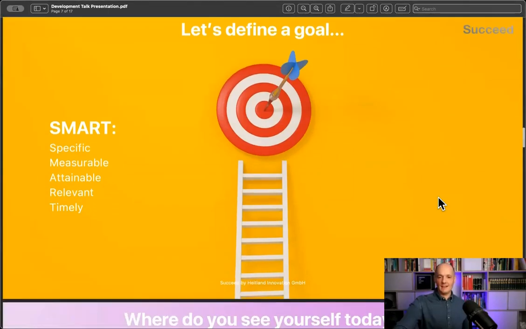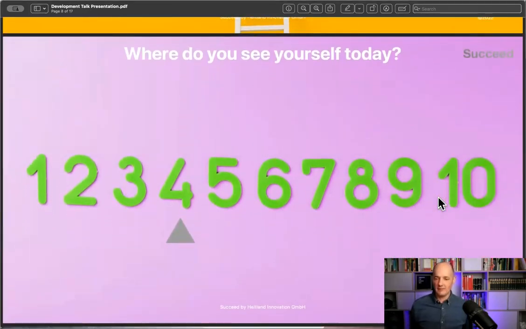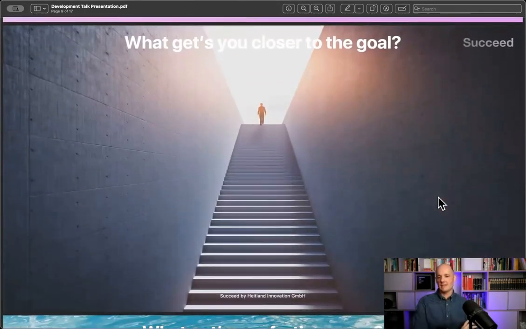And then comes an interesting step where you say, okay, where are you? If 1 means you're completely far away from it, and 10 means you're already close to it, where are you? So they need to rate themselves. So if you want to be in this picture, like I said, the person that wants to be a wealthy manager, having a lot of people, a lot of responsibility, maybe being married, maybe having kids, maybe living in a different country or traveling around the world as part of the business, how far are you from this? So you give them a little bit of perspective on how close they are to this. That also then shows how much they need to do to get there. And then the next step is really helping them with what gets them towards this.